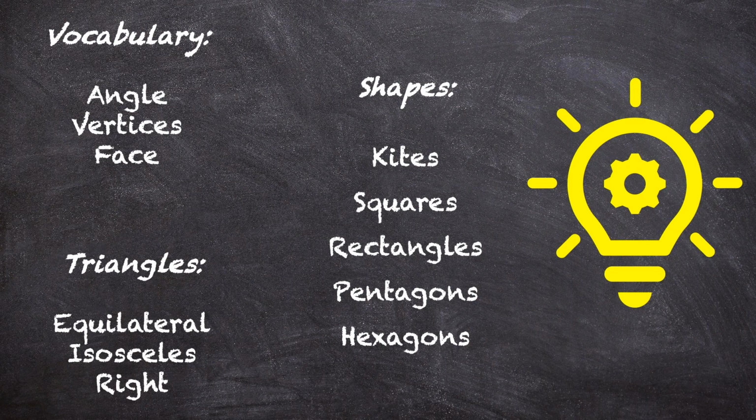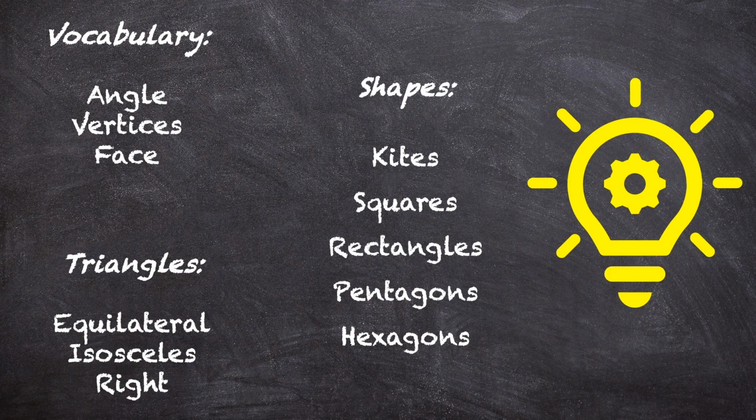After discussing these terms, we spent some time talking about triangles, which are shapes with 3 sides and 3 vertices. The 3 types of triangles I want you to keep in mind are equilateral triangles, isosceles triangles, and right triangles. If you don't remember what makes these triangles different from one another, I would recommend you go back and re-watch the triangle section of the video. Briefly though, I'll remind you that an equilateral triangle is a triangle that has 3 sides of equal length. An isosceles triangle only has 2 sides of equal length, and a right triangle is a triangle with 1 right